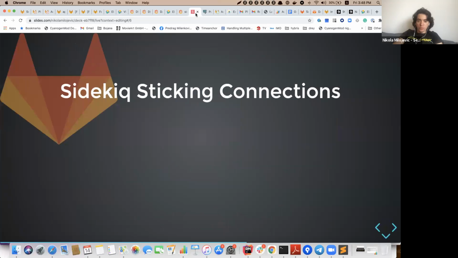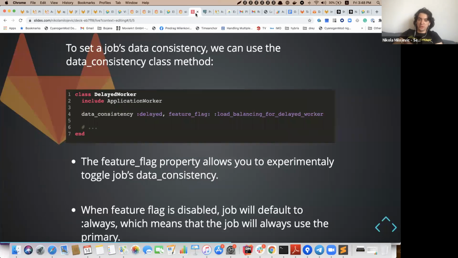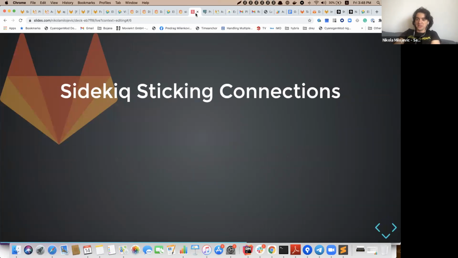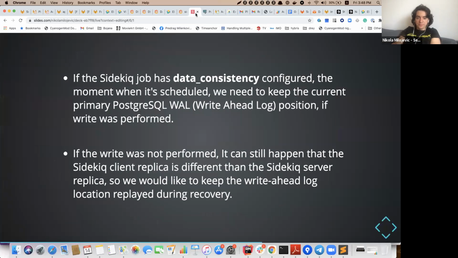Okay, let's move on. I will try now to explain what we did in order to allow this data consistency, what is the actual implementation logic behind these sticking connections for Sidekiq, and how we achieve that. And basically, it goes like this. If the Sidekiq job has data consistency configured to any value different than always, if we set sticky or delayed,